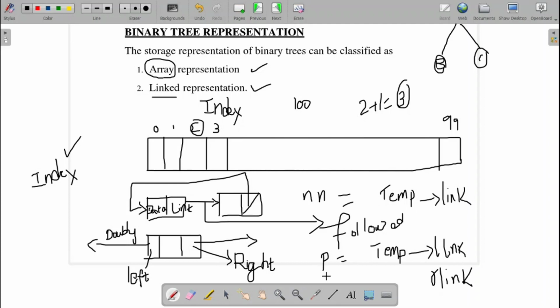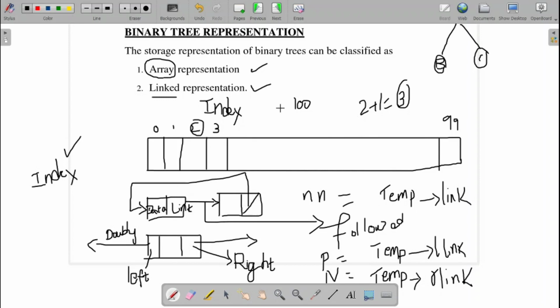That is, both elements I can get in case of a doubly linked list. By following the left link, I get my previous element. By following the right link, I get the next element. So these links are used for accessing the next element in case of linked representation. But in case of arrays, the indexes are followed to get the next element.